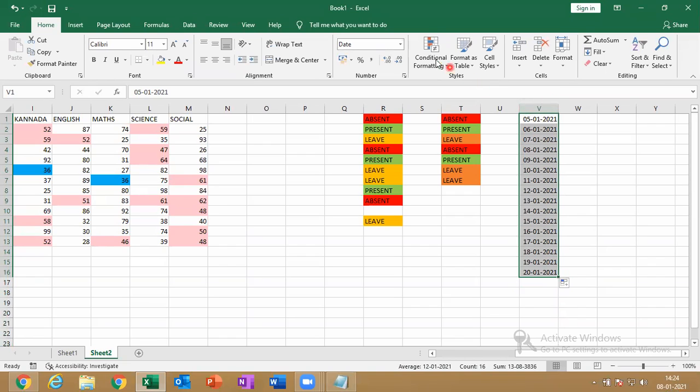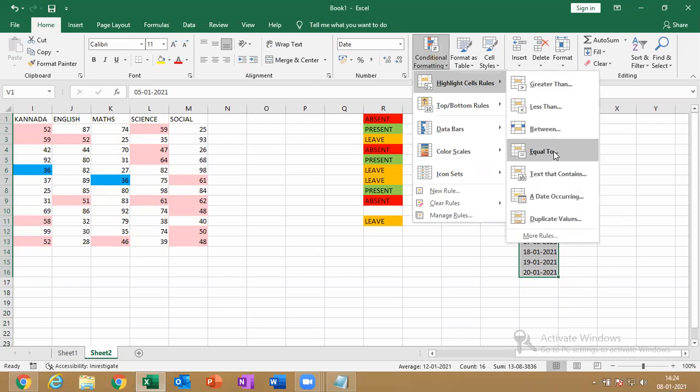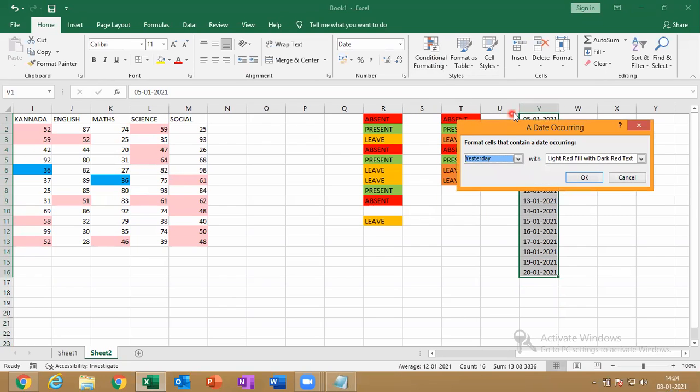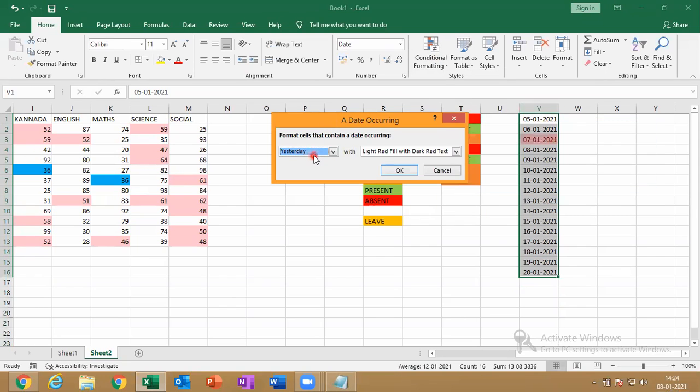Then go for conditional formatting, highlight cell rules, a date occurring. It is getting highlighted. If you want to highlight yesterday, highlight yesterday. If you want to highlight today, highlight today. Tomorrow, last 7 days, last week, this week, next month, this month, like that. Whichever you want, you can highlight.